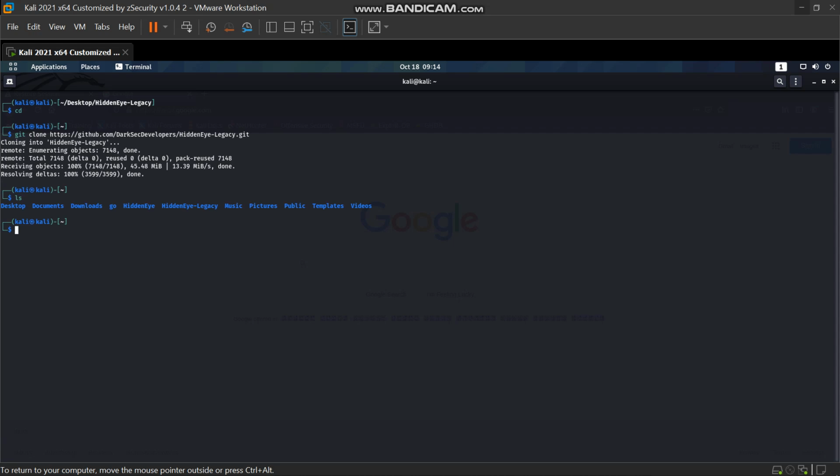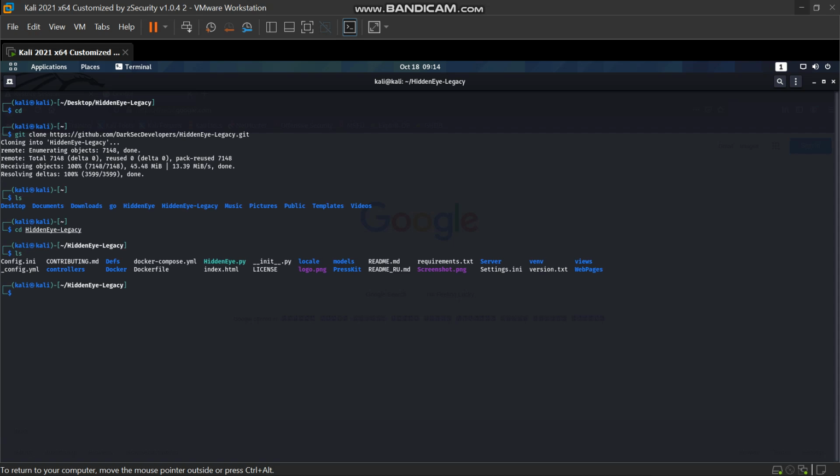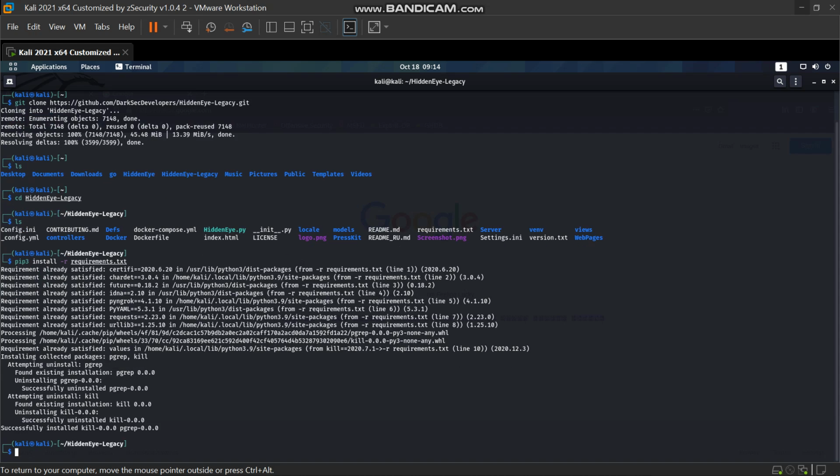Now it shows that Hidden Eye Legacy is successfully installed on our machine. So now let's enter the Hidden Eye Legacy folder. Type ls, then the command pip3 install. It says requirement already satisfied, as I have already installed it.